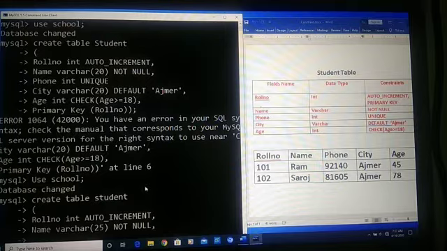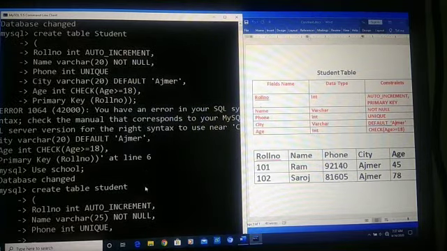comma. Our next attribute is phone, data type should be integer, and we have to set constraint for phone number. It should be unique. So we will set constraint unique, comma. Our next attribute is city and its data type is varchar.